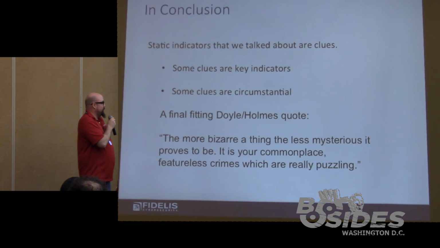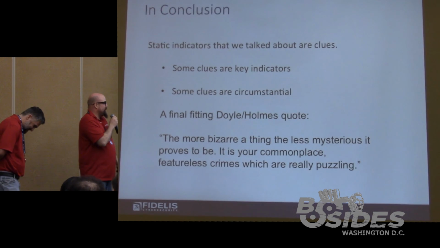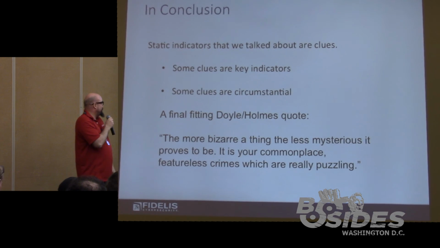So in conclusion, I know you're all breathing a sigh of relief. What we want to let you know is some clues are key indicators. You can get the smoking gun just looking at some of the stuff. DarkComet has a specific mutex. Harold wrote a wonderful DarkComet post for our blog. And some clues, you can get a massing of clues, but you won't have enough to make a final determination. So even though you have a weird file name in a known location, sometimes the glove doesn't fit, so you've got to move on, try different things.